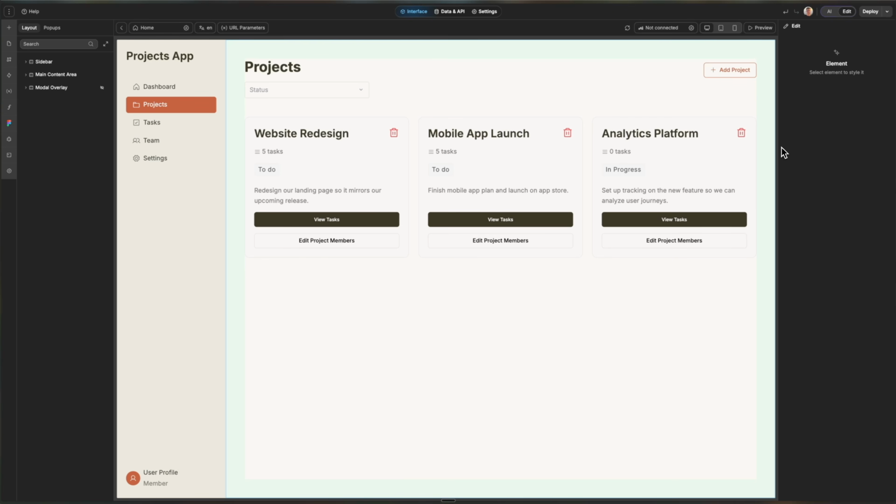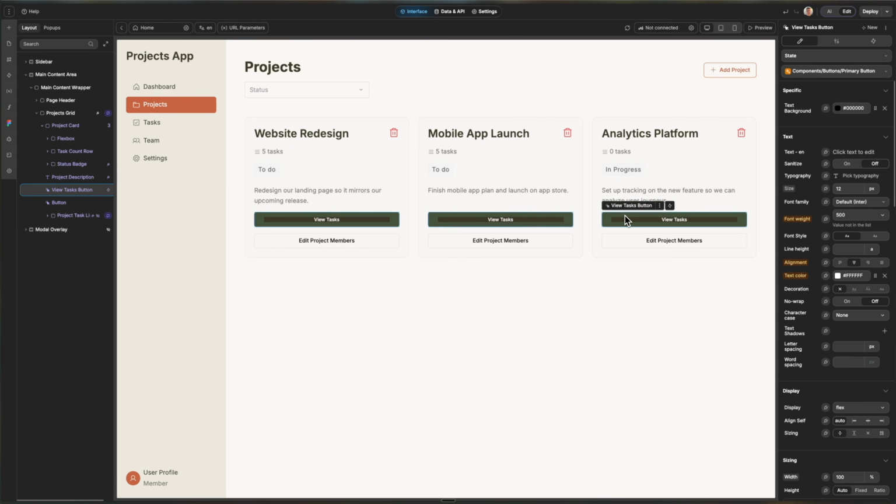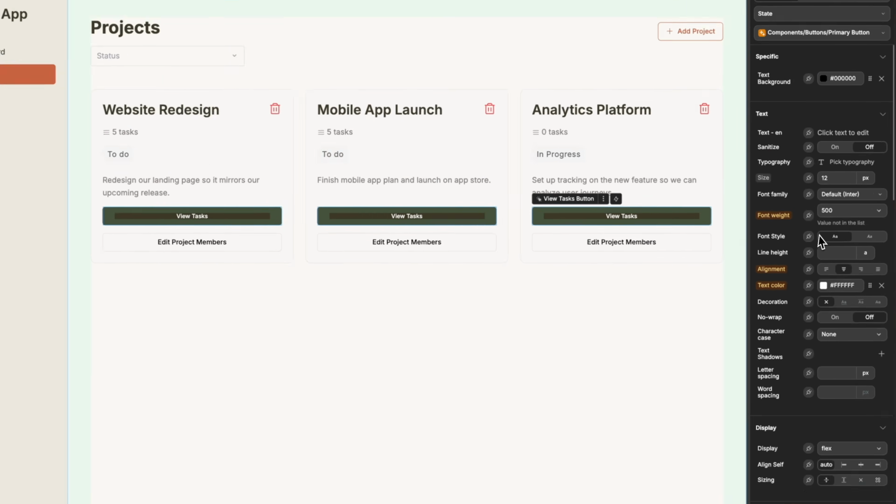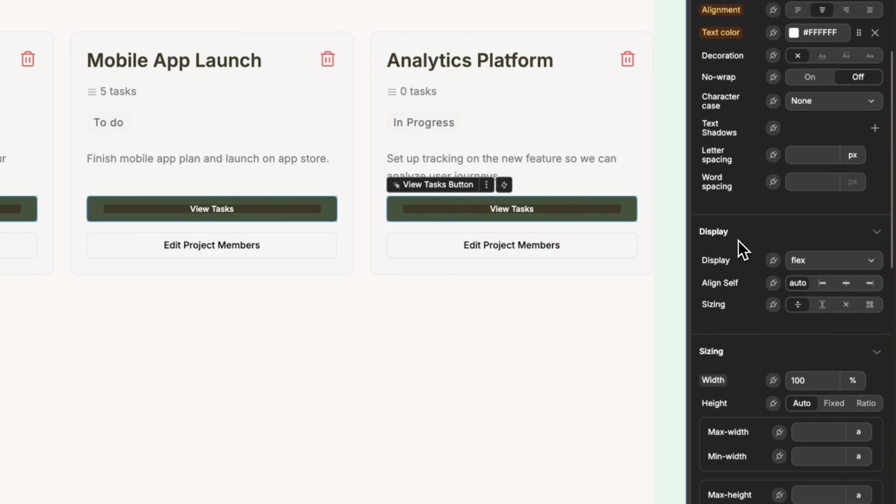Now in my interface, I have this view tasks button, but some of my projects have tasks and some don't. So for example, this analytics platform project has 0 tasks. And so it doesn't make much sense to show a view tasks button if there is no tasks. And so with this view tasks button selected, in the styling panel, I can scroll down to the display property,